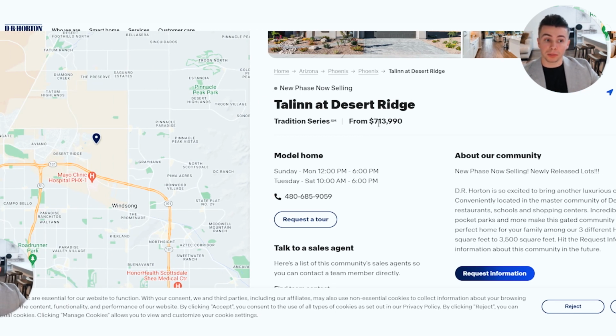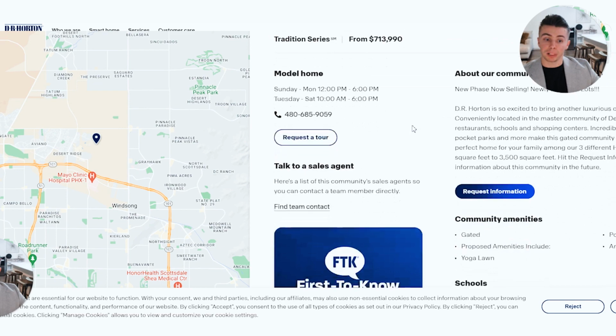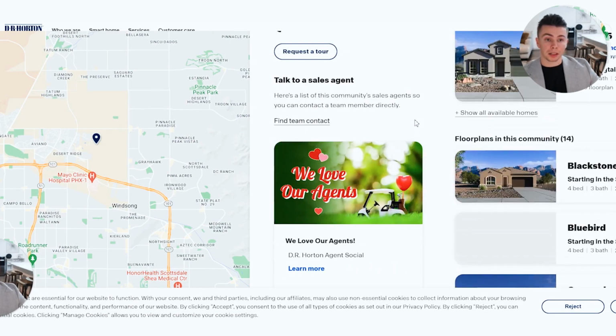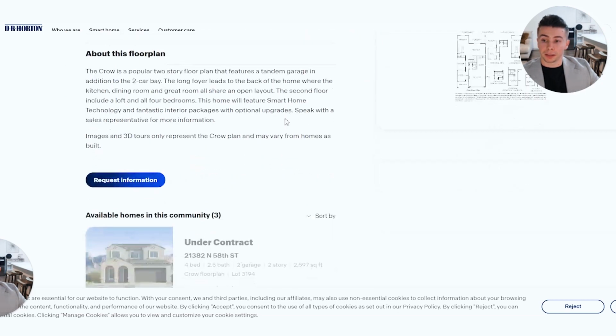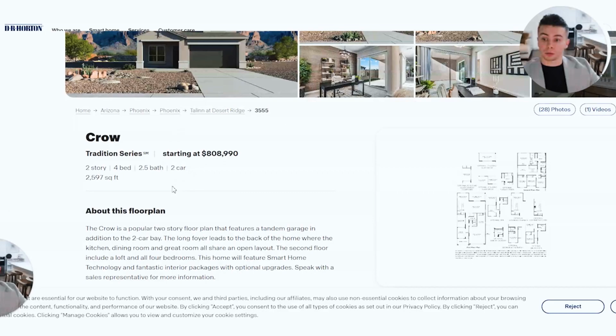Pulte, for instance, Shea Homes, more of a custom process where you can build from scratch rather than just from spec, but they also have spec homes as well. So let's take a look at a couple of these floor plans. So there are 14 specific floor plans just offered by D.R. Horton at Talon. The first of which we're going to cover today is going to be the Crow model, which